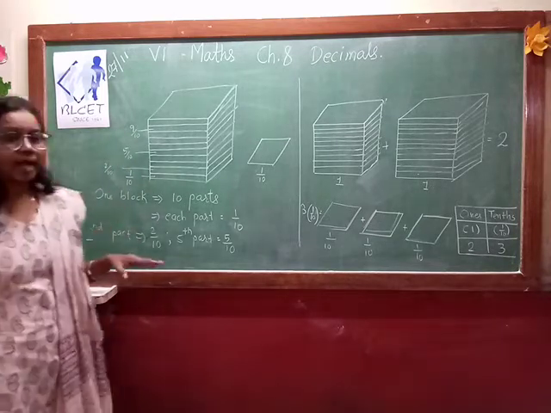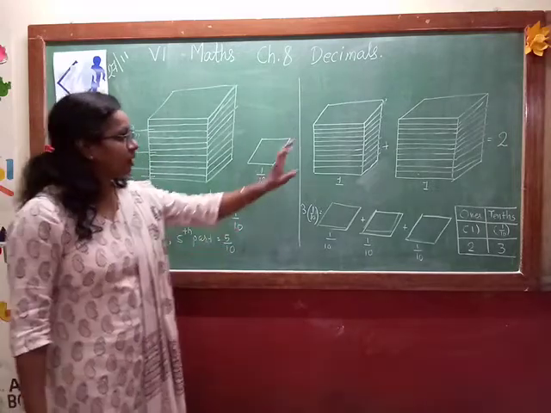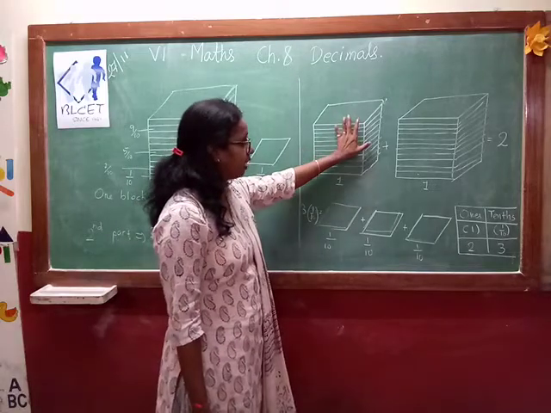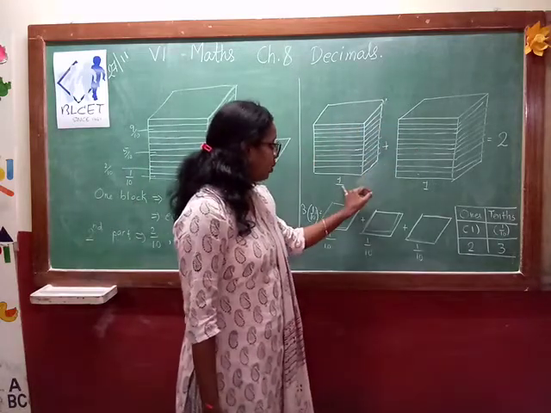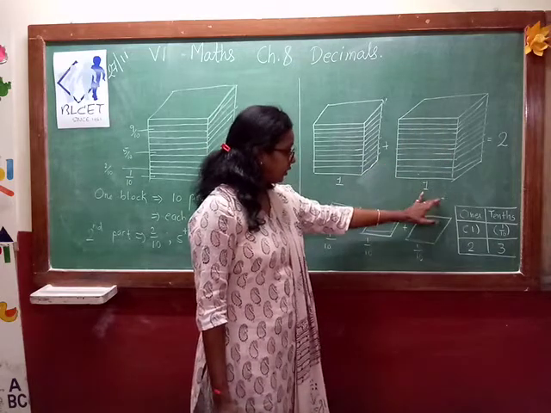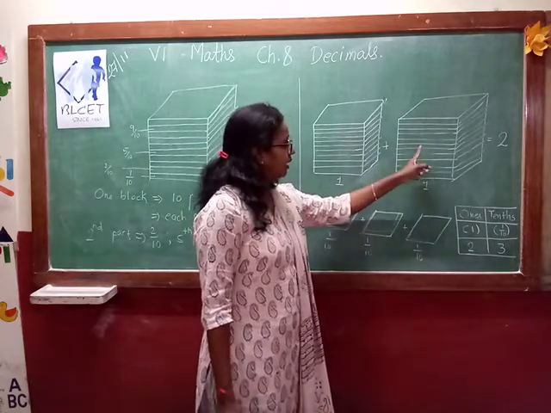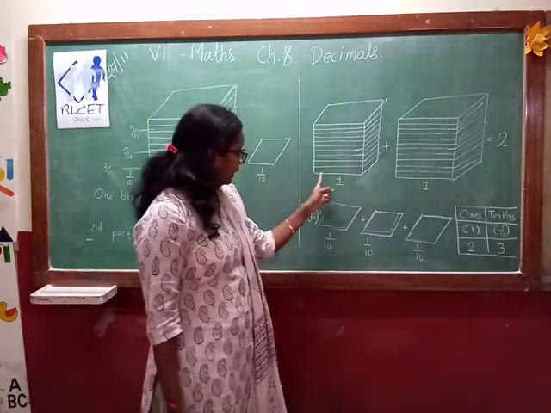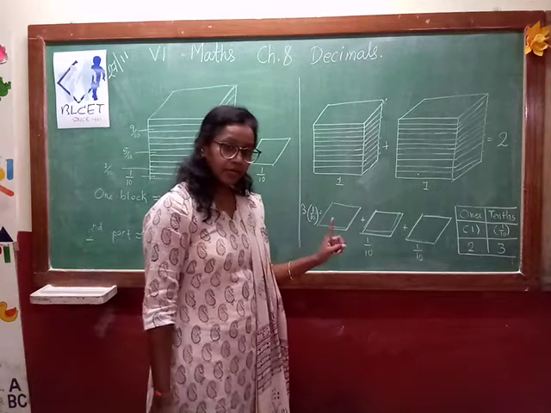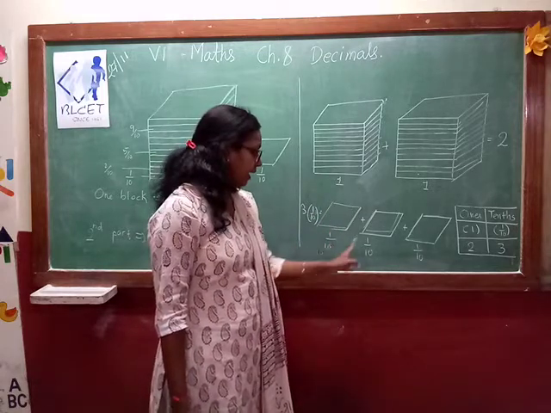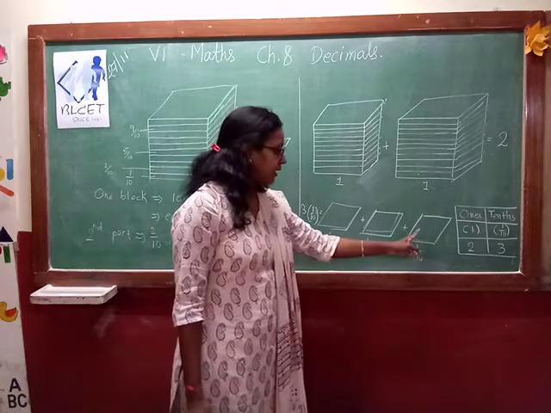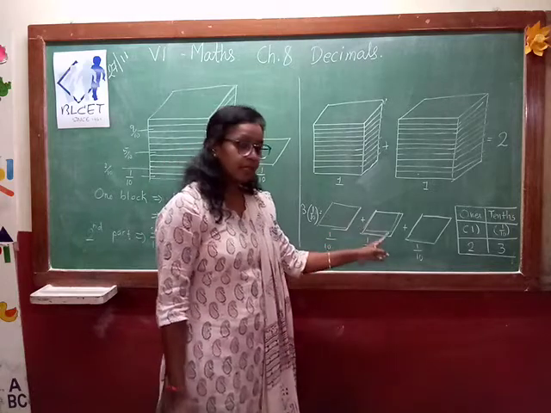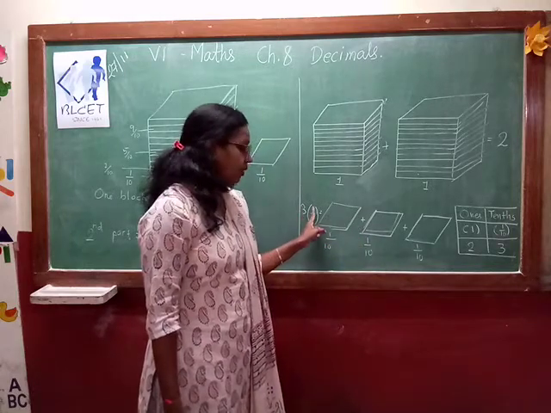Okay. Now how will you write in terms of a decimal? So again I have drawn two diagrams. Here I have taken one whole block that represents 1. Second whole block also represents 1. When you add these two, it will give you 2 ones. And each part is 1 by 10. So I have taken 3 parts. The first part represents 1 by 10, the second part represents 1 by 10, the third part represents 1 by 10. When you club them, how many times is this repeated? 3 times. So 3, 1 by 10.